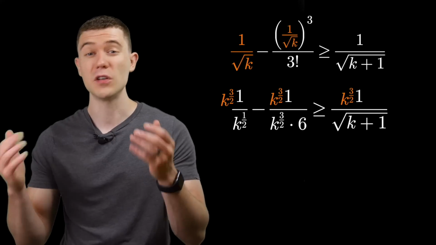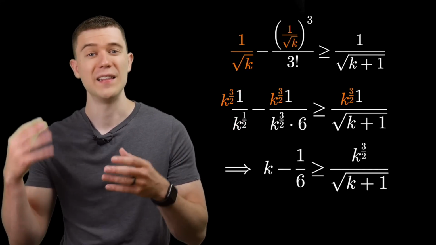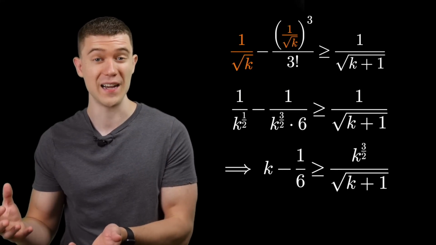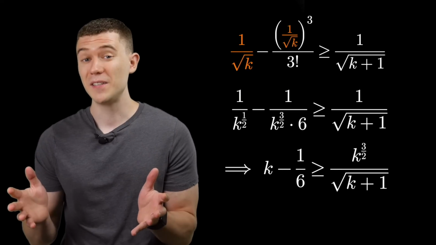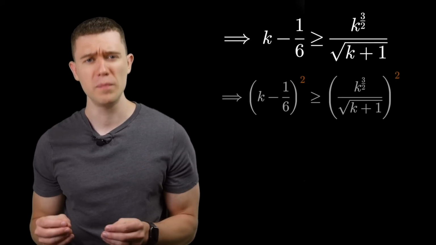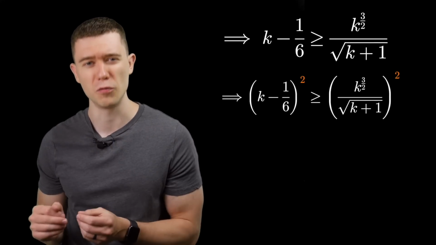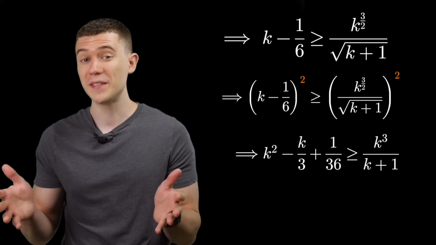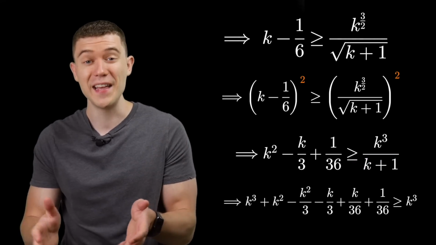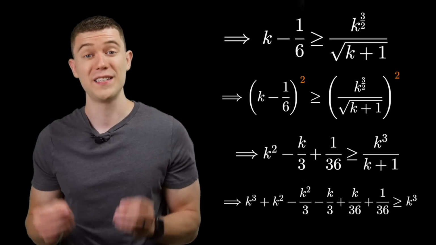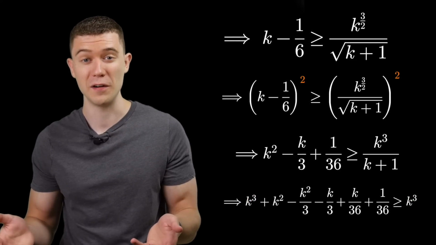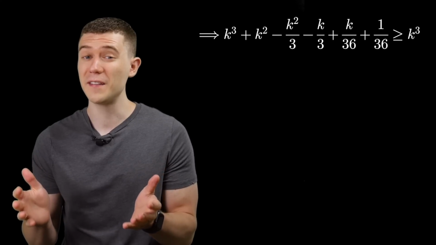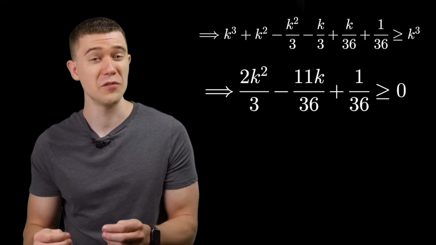K to the 3/2 over k to the 1/2, that's k. The k to the 3/2 would clear in the second term, and on the right-hand side, it's just going to be looking like this. Now to get rid of those roots, let's just square both sides so those roots will clear on the right-hand side, and we'll just have to distribute out the left-hand side. Multiply both sides by k plus 1, and then distribute once again. What we'll see is some k cubes popping out here, but fortunately k cube on the left and the right cancel out. Moving everything to the left side so this is greater than or equal to 0, we have this